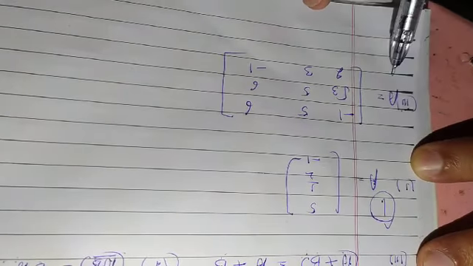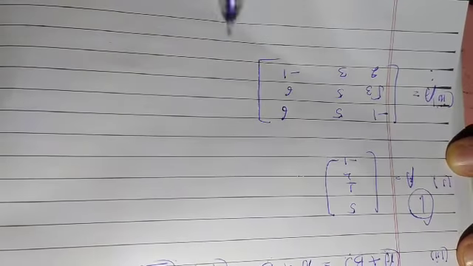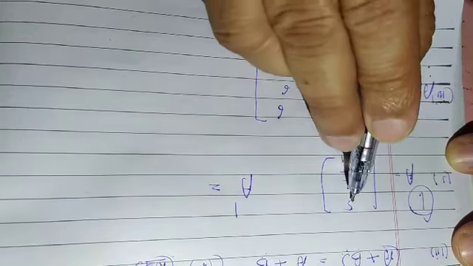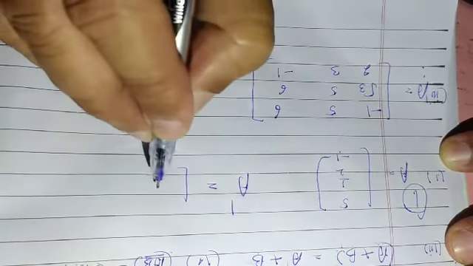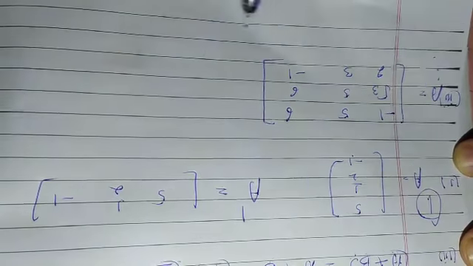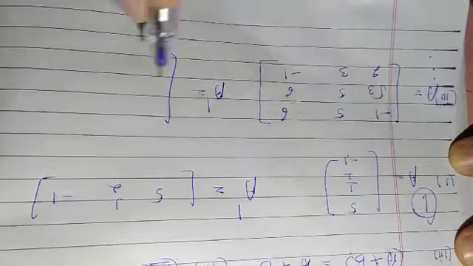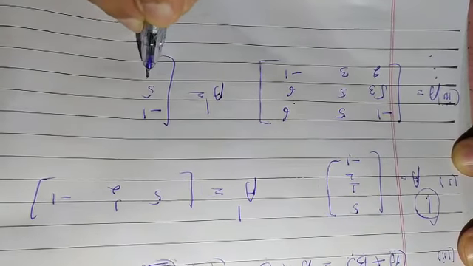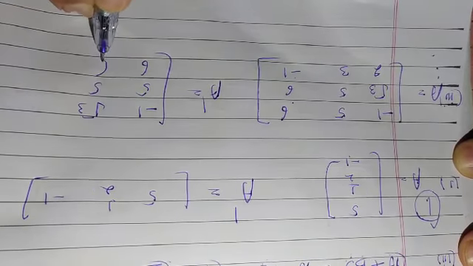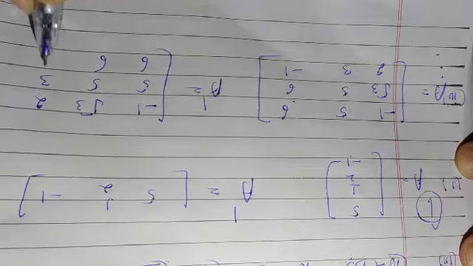The first question consists of 3 parts. First part and third part are not written. Transpose of A dash: the first column becomes the first row. Transpose of a 3 by 3 order matrix, A transpose: the first row becomes the first column, the second row becomes the second column, the third row becomes the third column.